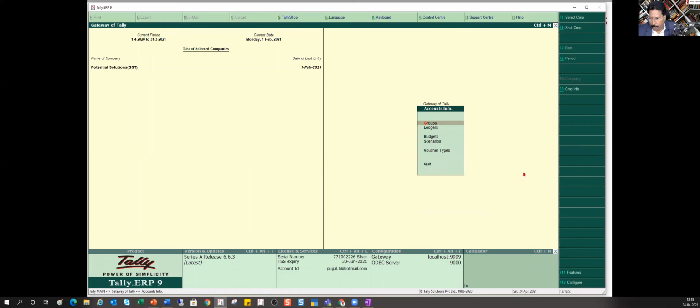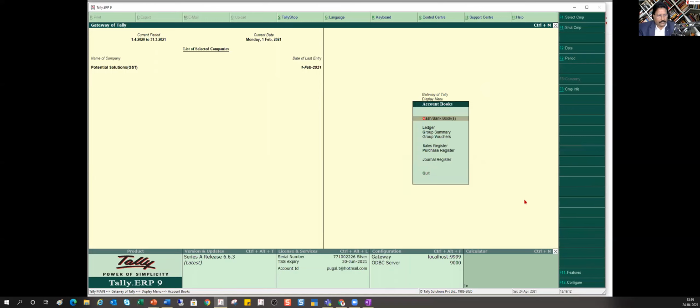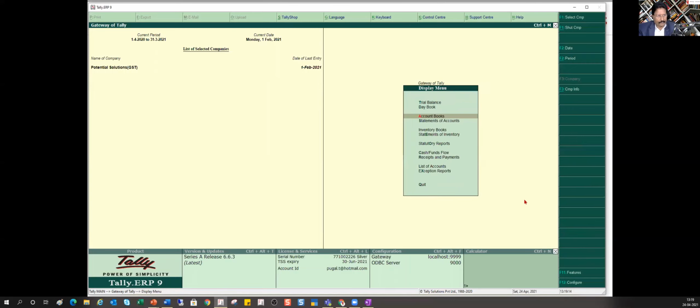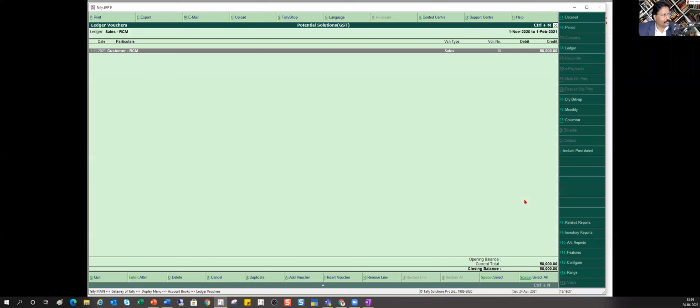Accounts info, display, accounts books, ledger. I just want to see what is the entry.